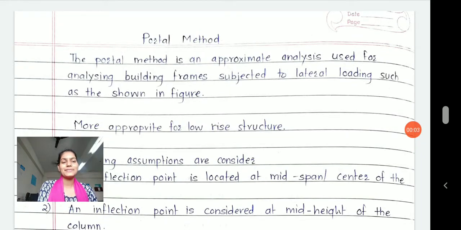Students, in today's session we will see how to analyze portal frames. Basically, whenever you observe the structures which have been constructed in the past or currently, you will see a basic difference: earlier we constructed very low-rise structures, or only structures for the ground story. The houses constructed at your native place or in villages, which may have thick walls and which carry only the roof, made of mangalore tiles or something else,